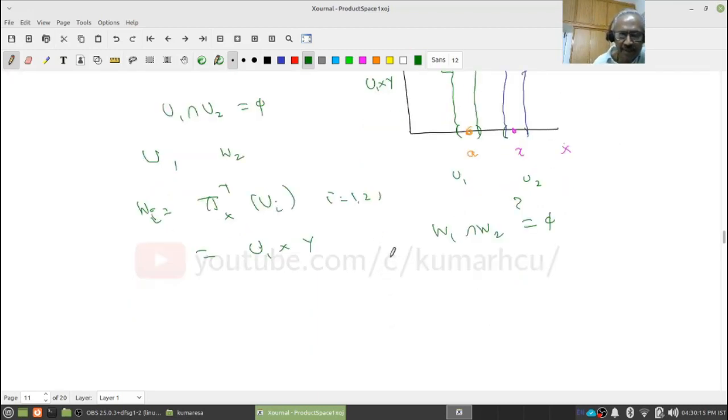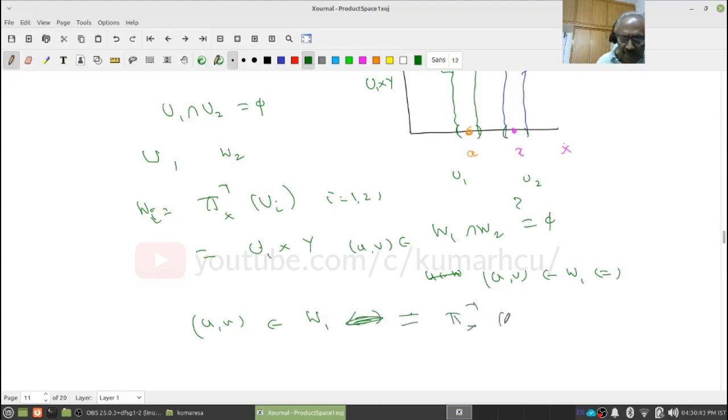Why is it empty? Because if you give me any point (u, v) in this, that means u must be in... okay, (u, v) is in W1. That means what? If and only if, let's look at W1, it is pi x inverse of U1. Okay, this (u, v) belongs to W1 if and only if, by definition, this is equal to pi x inverse of U1. This happens if and only if pi 1 of (u, v), namely u, belongs to U1,